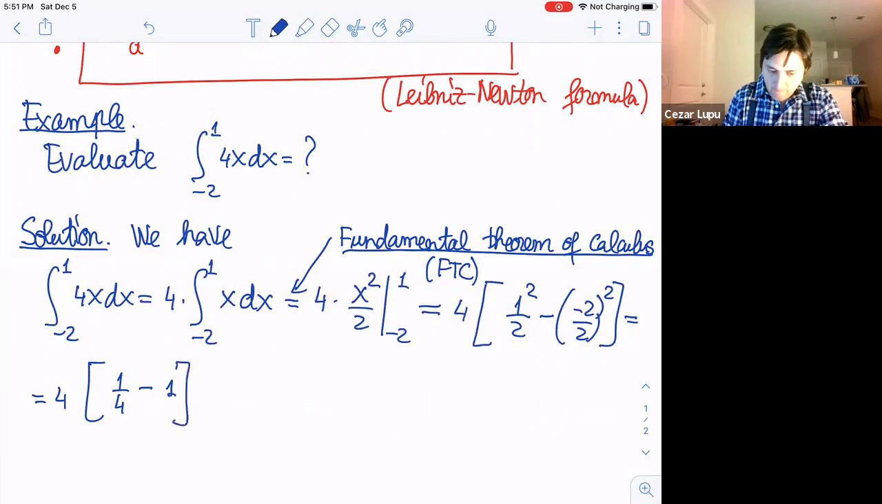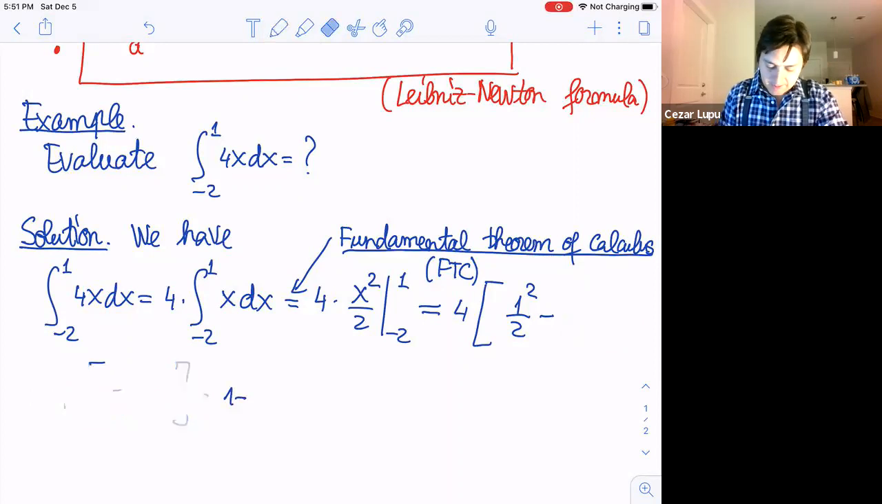1/4 minus 1. And this would be 1 minus... oh, wait. So this is 1 squared. Okay, I think I made a mistake. Okay, give me 1 second. It was a silly one. So this would be